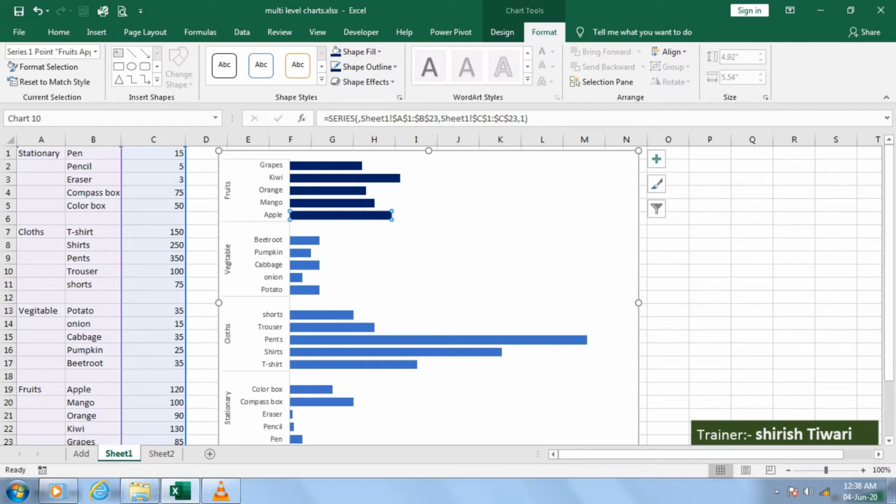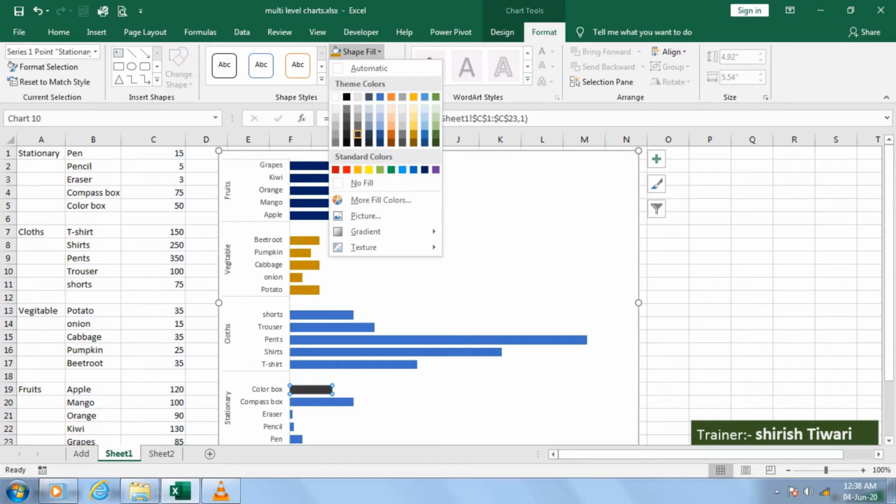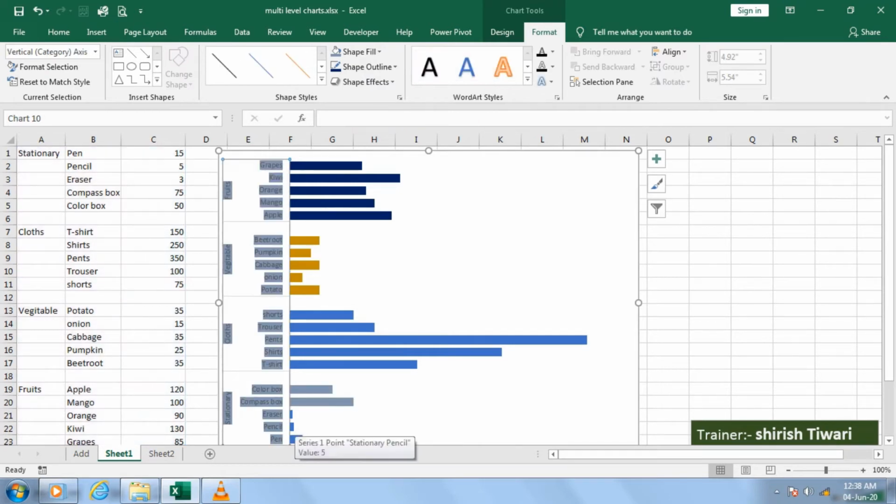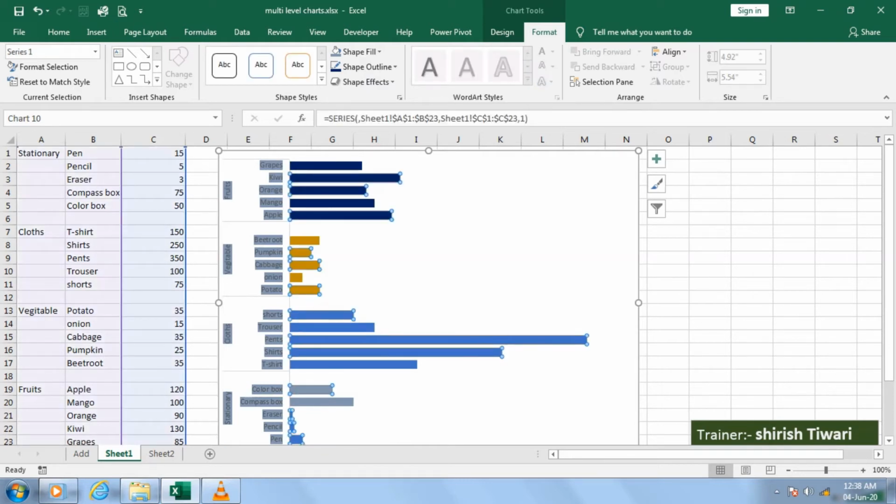Again for the next chart, I click on the same thing. I went over here, chose another color, and in a similar way I distinguish the different charts using different colors so that it looks very good. Finally this is the third color. We'll go to the fourth. It is not necessary to use all these colors; it depends on how you like. I'm using colors according to my requirement. You can change the color to whatever you like, according to your requirement.